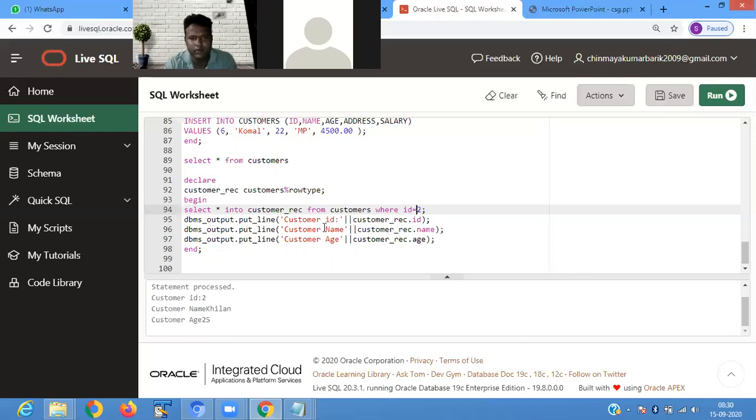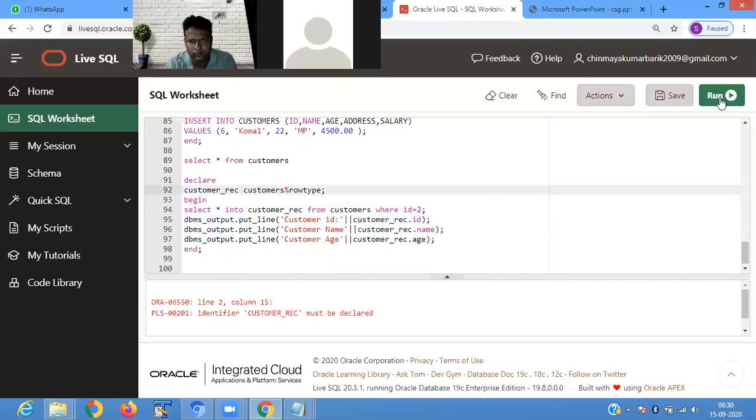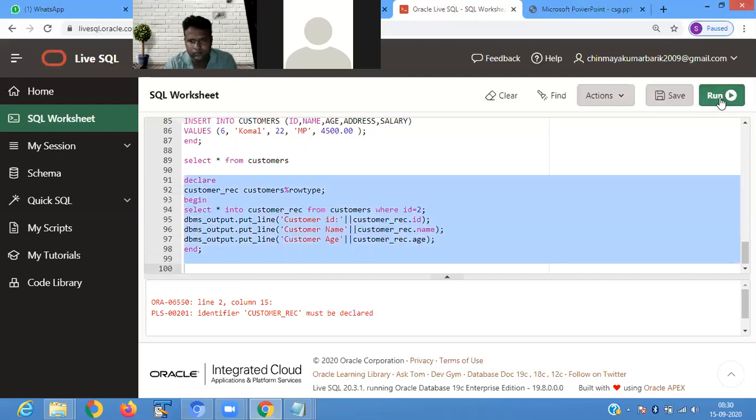Now it is printing customer ID, customer record dot id, customer record dot name, then age. So here it is printing customer ID 2, name Kilan and 25.